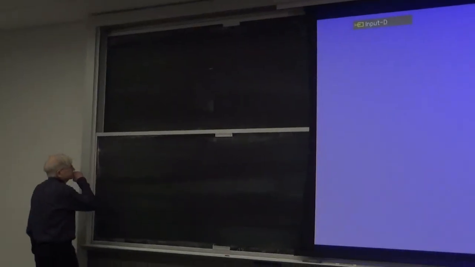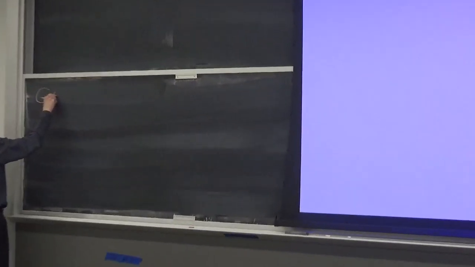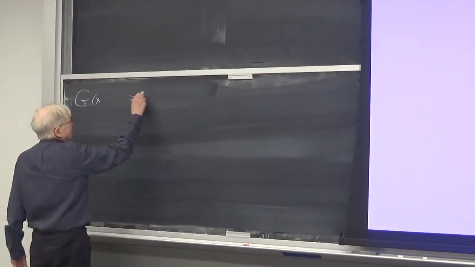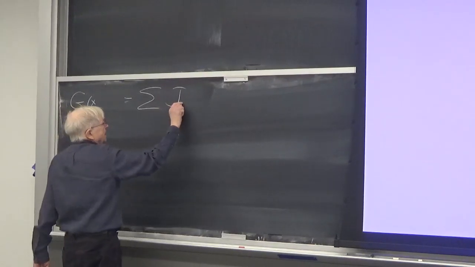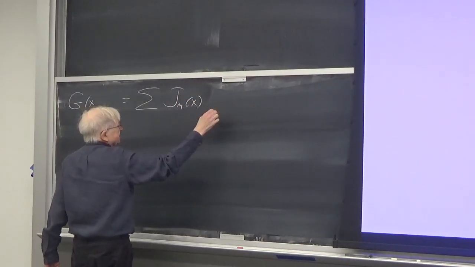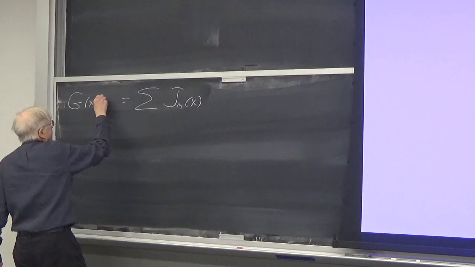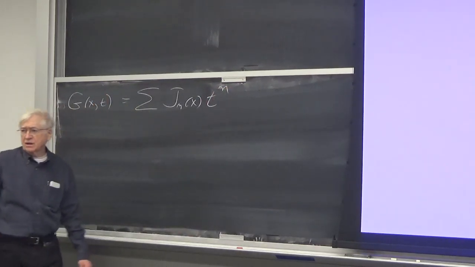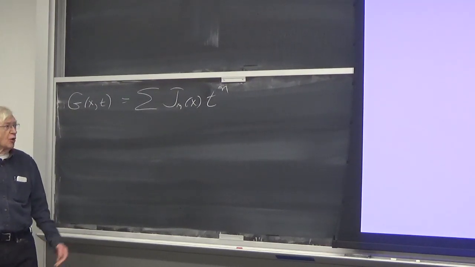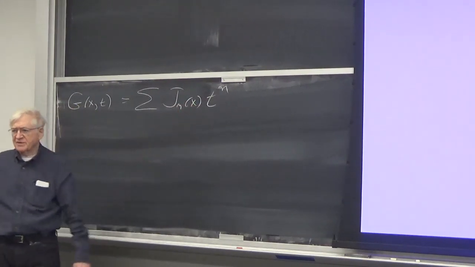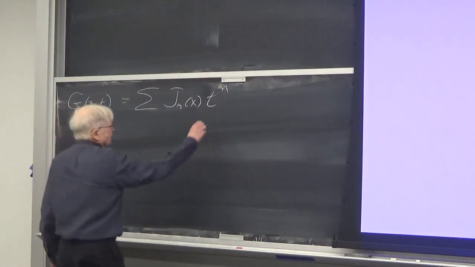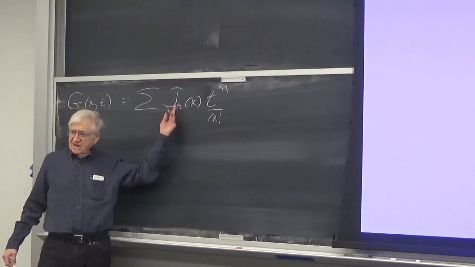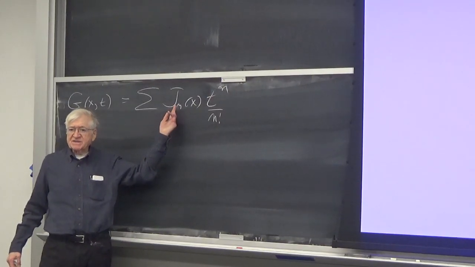What you do is your generating function would be a sum of, say, Jn of x t to the n, or t to the n over n factorial, whatever you want it to be. In fact, you might want to put an n factorial there. So then you write down, you express Jn of x as an integral,